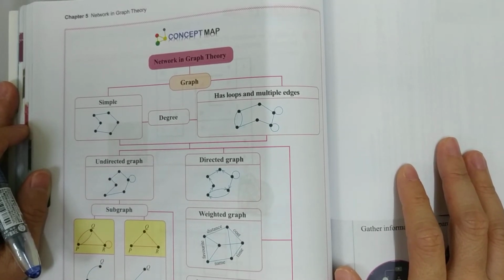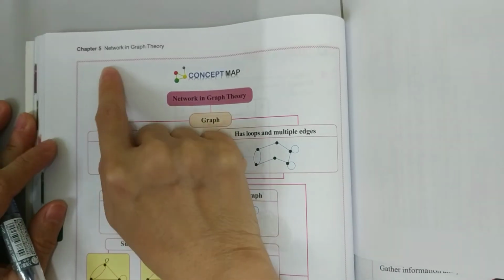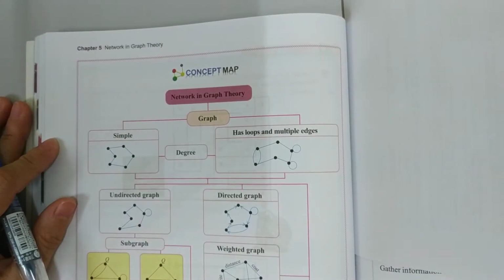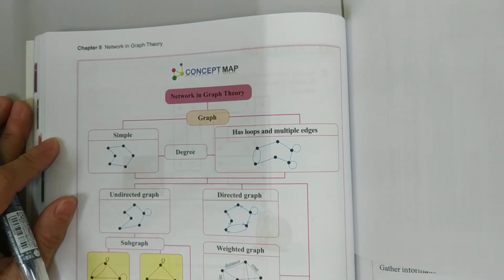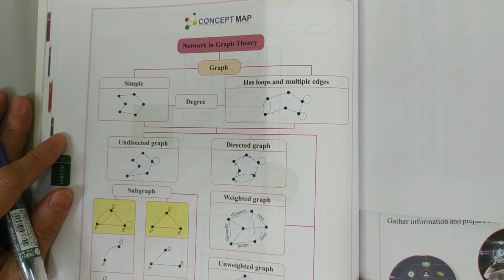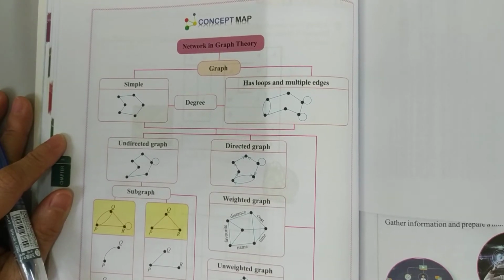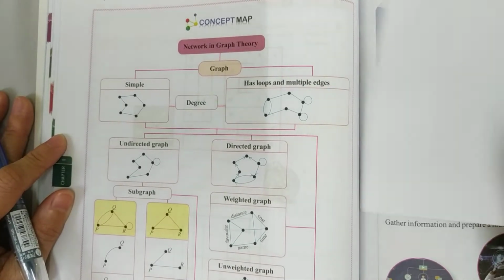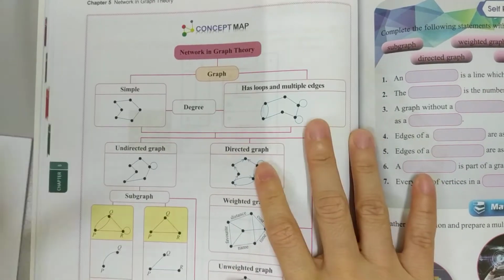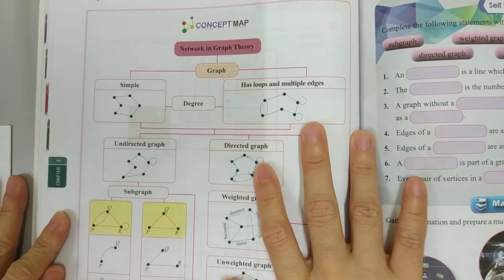Alright, and don't be scared by it just because it's called network in graph theory. Yes, we can apply it for complicated things, but what you have here are the simple stuff. Right, don't be scared by it. As long as you have common sense, it's fine, right? And everybody has common sense. So, for network in graph, you will have a simple